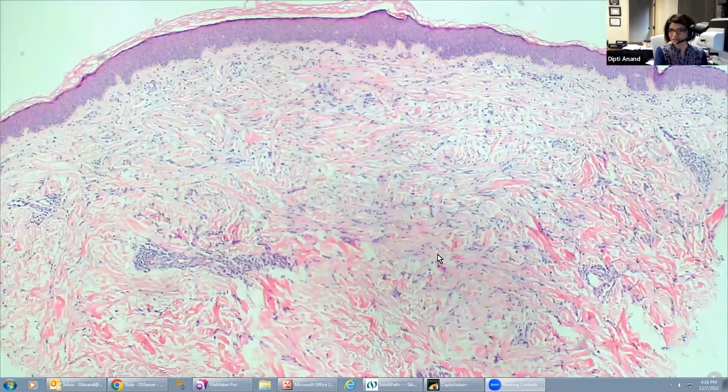But scleromyxedema is a systemic condition, right? So patients also have internal organ involvement along with renal involvement. Renal involvement actually in scleromyxedema is much less as compared to scleroderma. So that's rare. But you definitely get cutaneous lesions along with thickening of the skin. But the histology of one of the lesions of scleromyxedema is similar to papillomucinosis. So this is papillomucinosis. Again, it's not a very easy slide to make a diagnosis on,